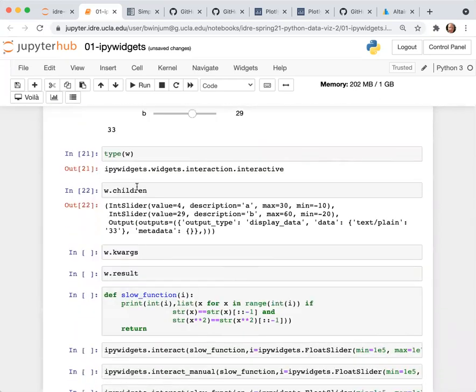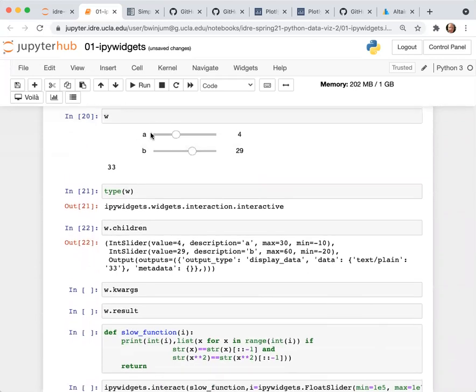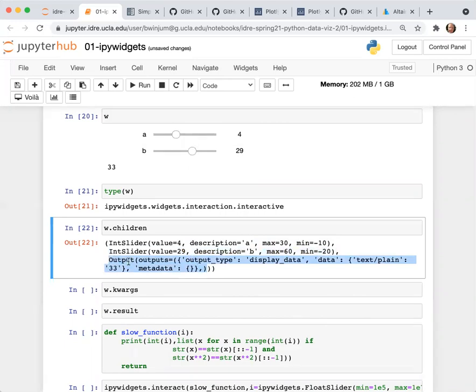So the children of w: there's an integer slider for a, which is this first child. There's a second integer slider. This one is for b.